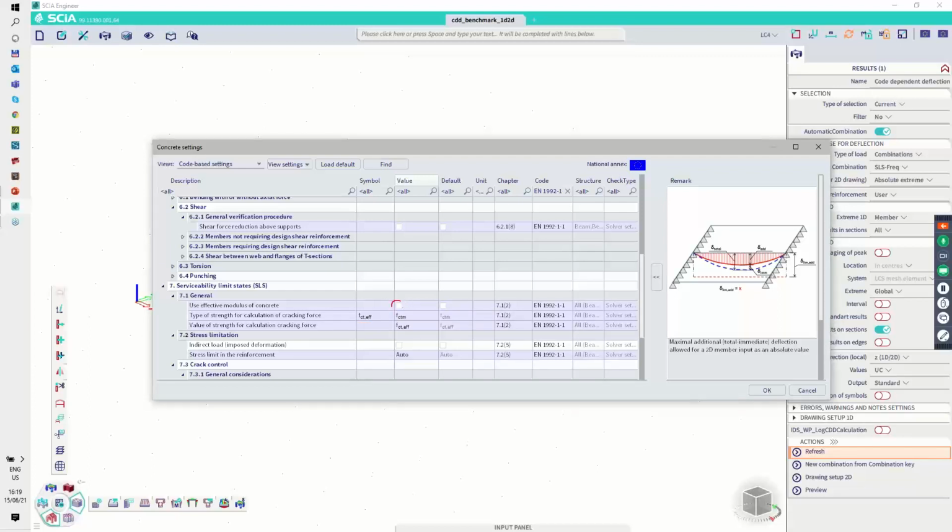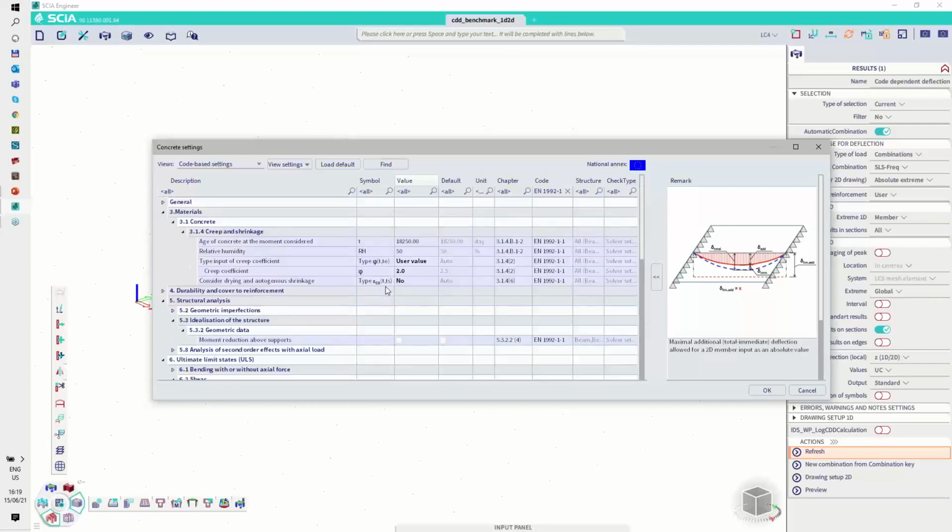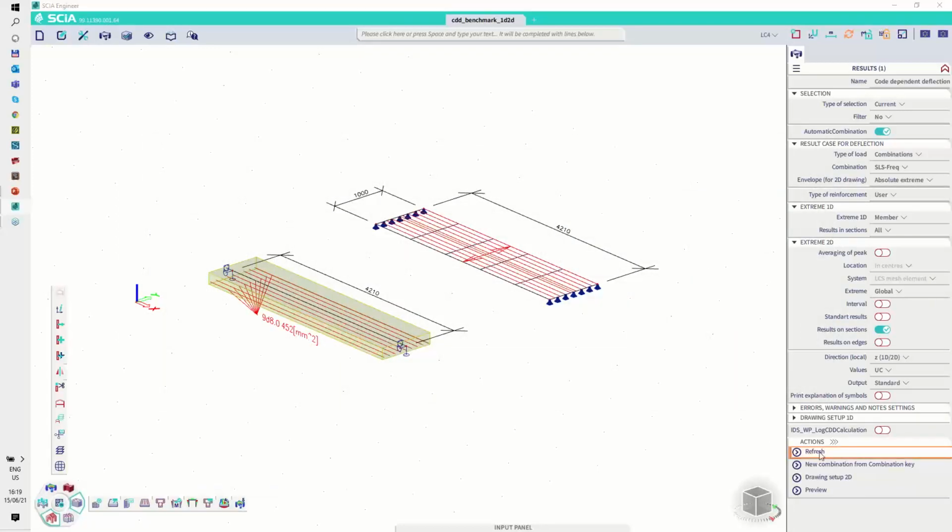About using the effective modulus, it's not necessary to consider it now, because codependent deflection handles this automatically, so you cannot influence it. And for now, that's all. Mainly, for now, we will not consider the shrinkage. So it's now off, and we use the user value of creep coefficient, which is 2.0. Okay, so now I will go and calculate the